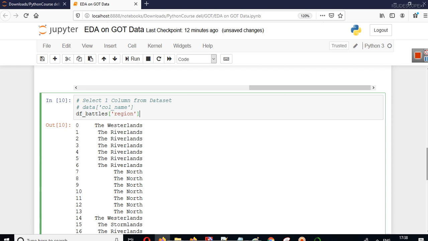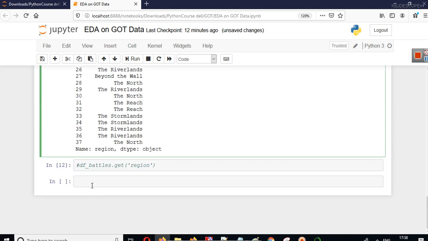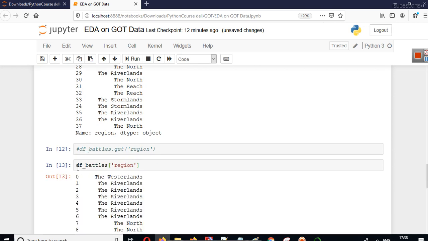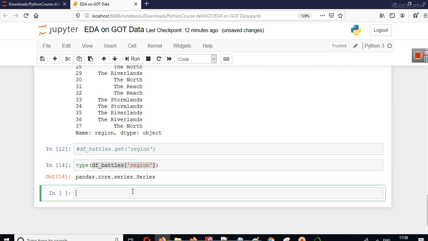And before that, I will use another method. When you have got one particular column here, what is the data type of this? What have we got here, right? This is also a variable. We can call it a variable. You can see this variable is a pandas series.